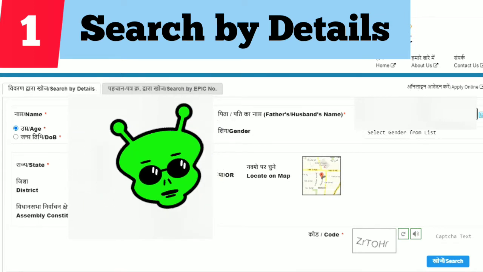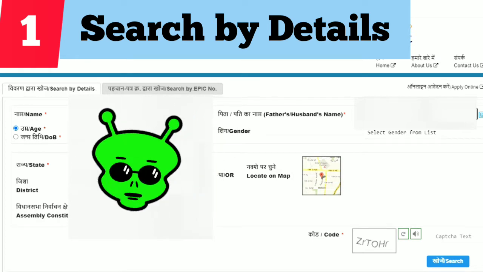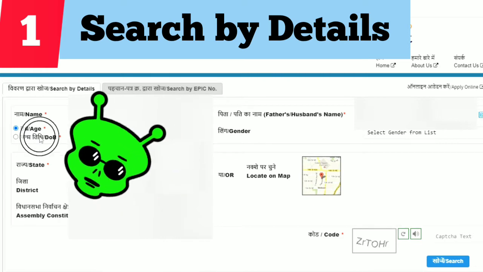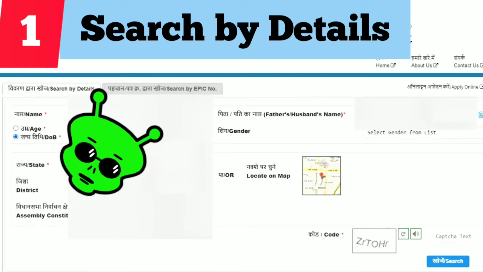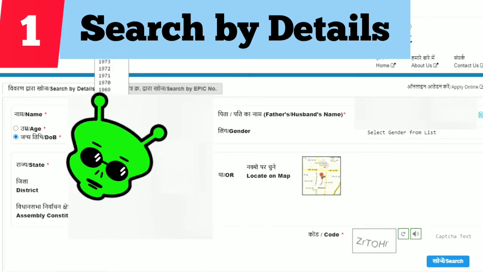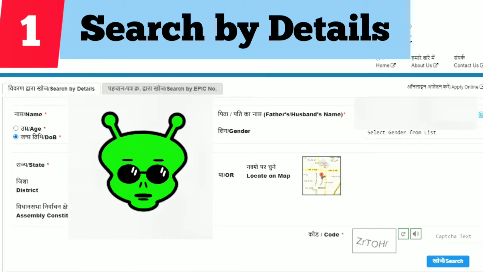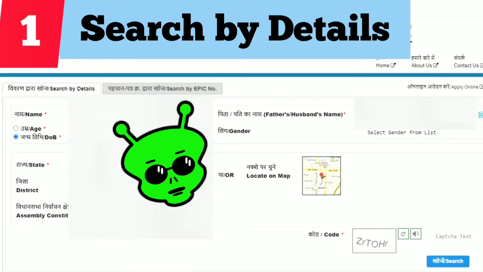Instead of age, it's better practice to mention your date of birth, because age is calculated by the internal system, so it can differ. If you're okay with that, you can define your age, but mentioning your date of birth is better. Don't miss anything.